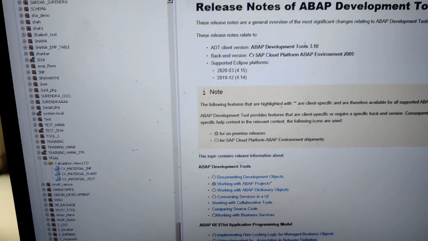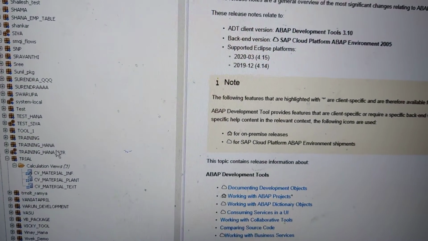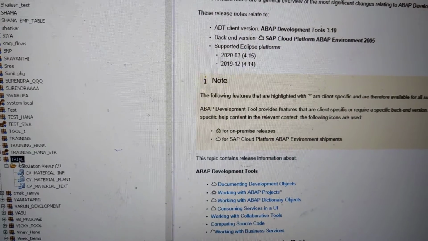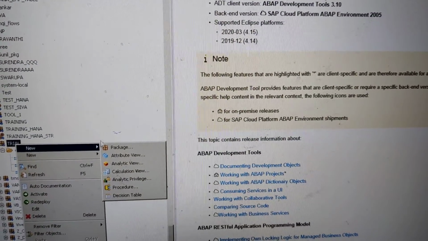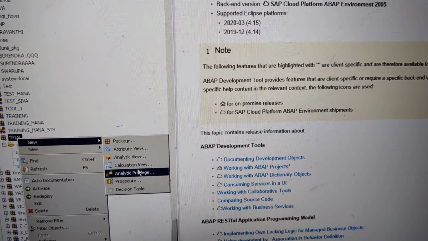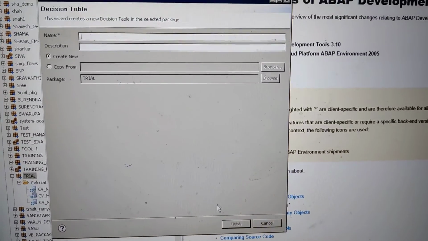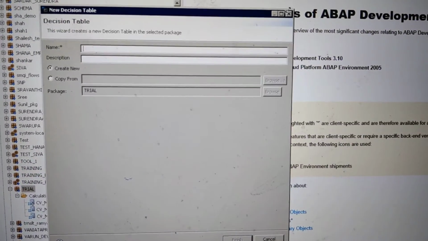Again I'm doing the same thing. Okay, trial: go new package, new calculation view. Sorry.